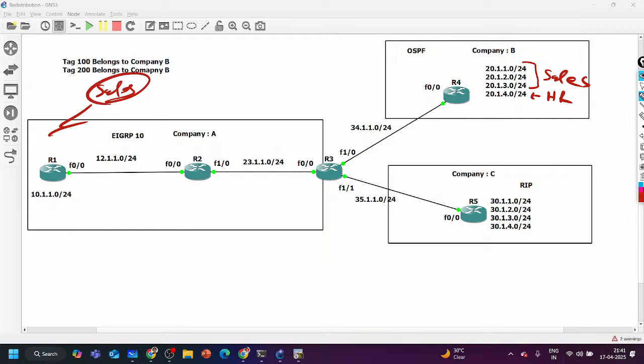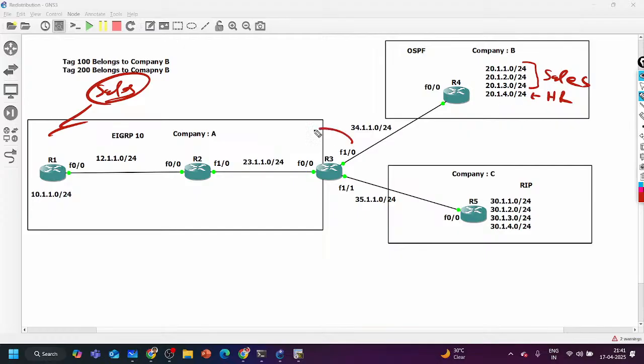For sales department of company B, this is my requirement. Now requirement is different. Are you able to understand? Yes guys, please confirm. Now what I am saying, in company B there are 2 departments, and I want to separate the prefixes of these 2 departments.